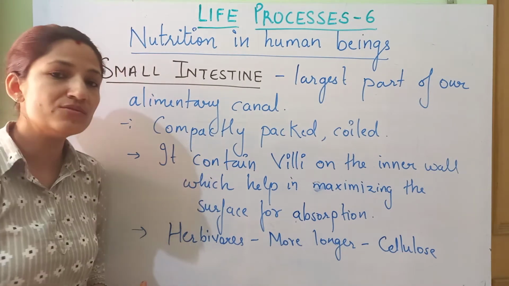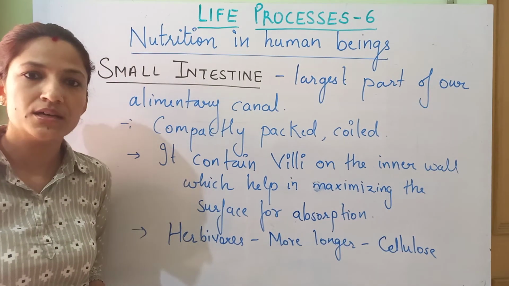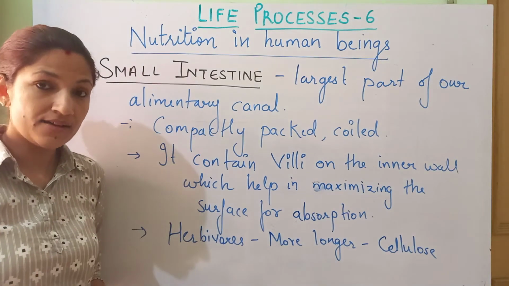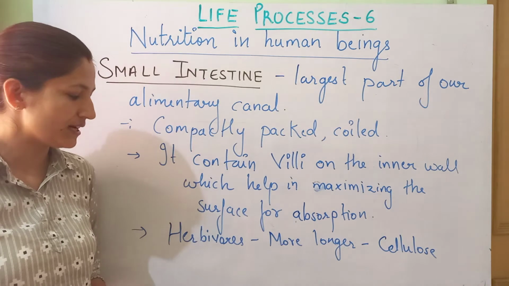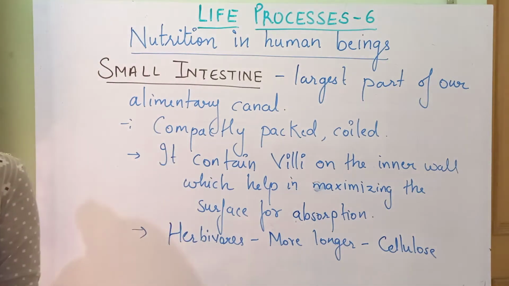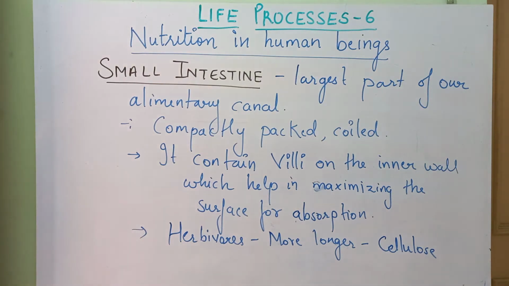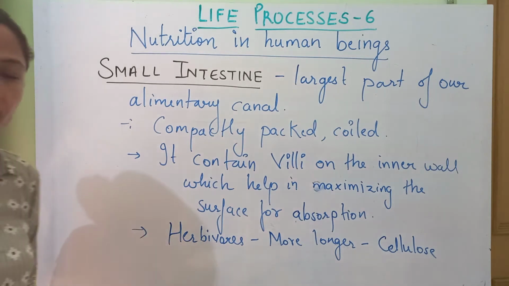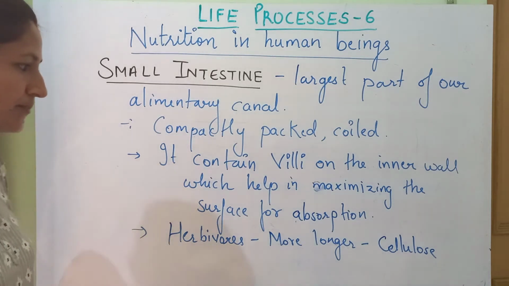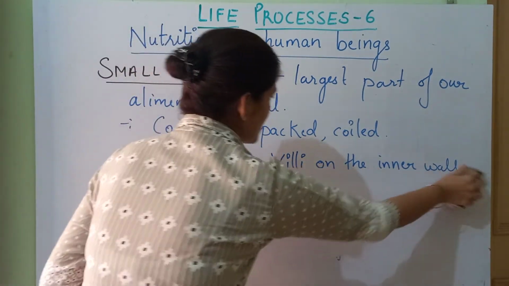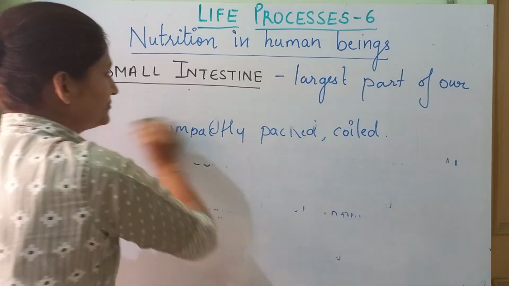In the case of carnivores, carnivores consume meat that can be easily digested, so they have a shorter small intestine compared to that of the herbivores. And this was about the different length in the different organisms, like why they have longer, why they have shorter. That depends upon the food which they are consuming. Fine. So we'll see the functions of the small intestine.